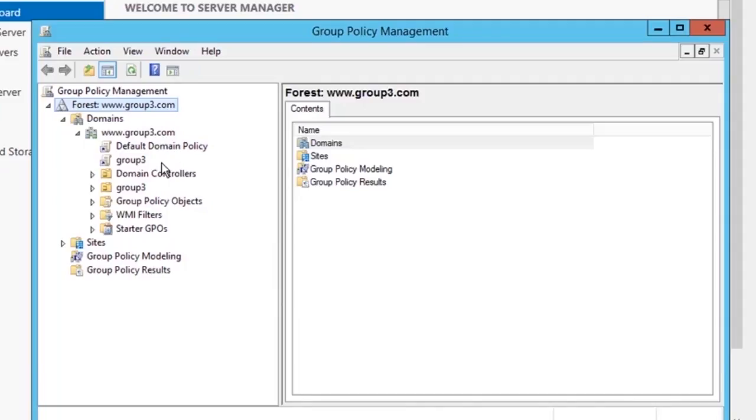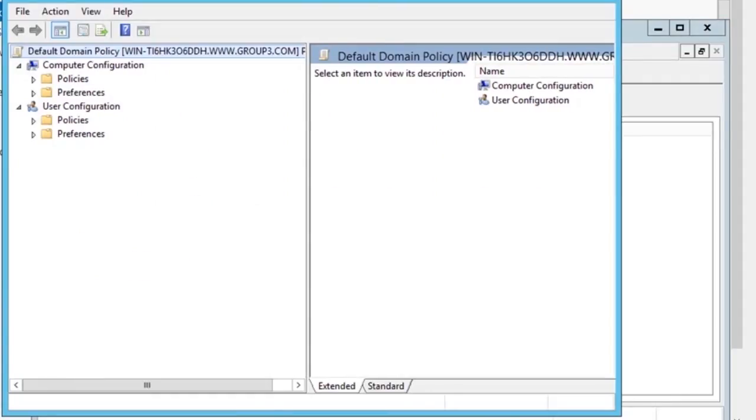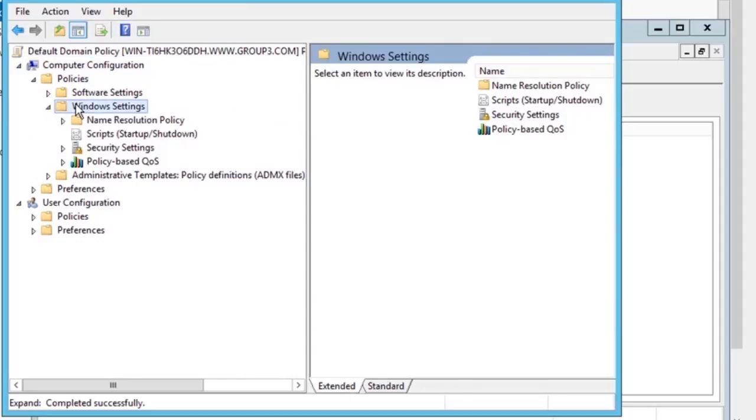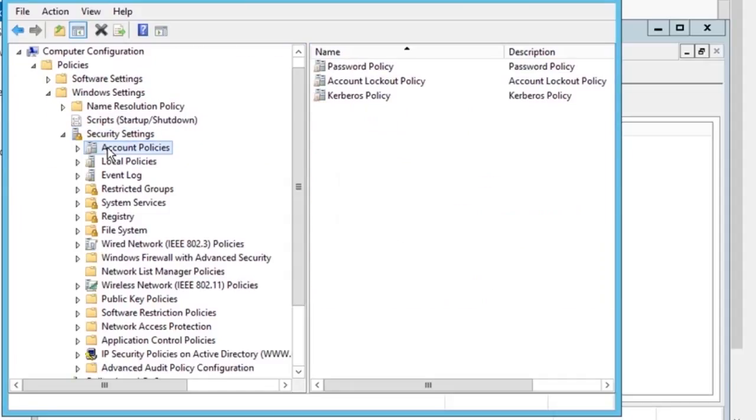After selecting Edit, a new dialog box appears where you have to drop down the policy under the Computer Configuration. After dropping down, we have to select the Windows Settings. Under the Windows Settings, we have to select the Security Settings. Under the Security Settings, our main job is to set the account lockout policy, so we have to drop down